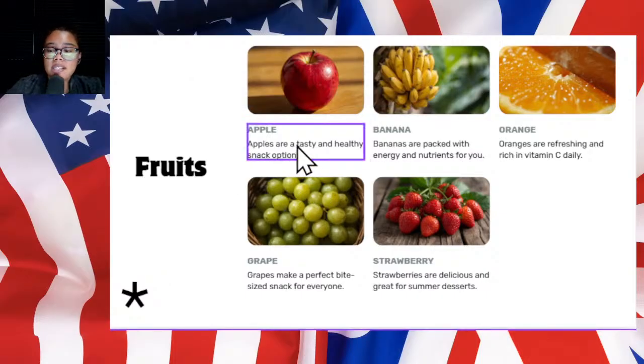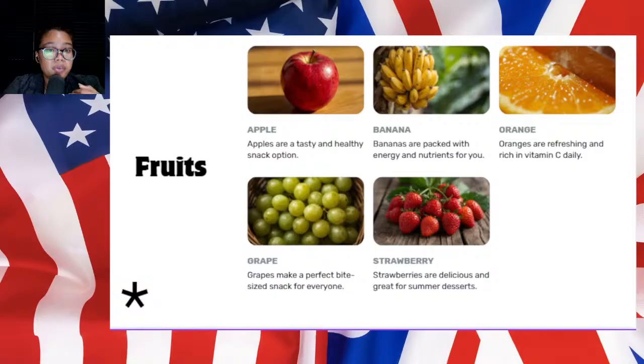Now apples are a tasty and healthy snack option. The apple is one of the most famous fruits in the world. As we can see in our lesson, apples are a tasty and healthy snack option. One of the most important things about an apple is its texture, no? When you try to eat it, especially if it's in good condition, it is crunchy or crisp,